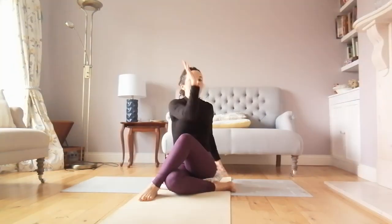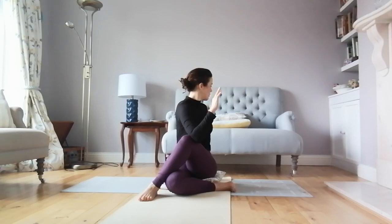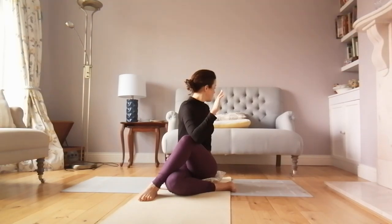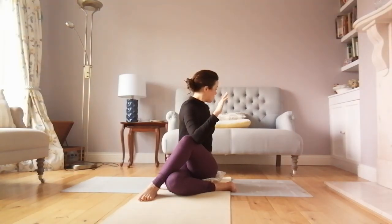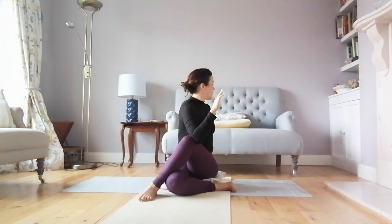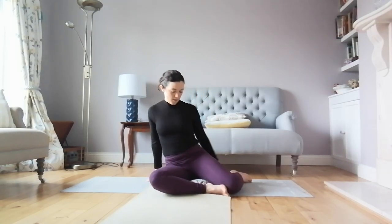Okay, so we're going to begin with our twist this time. Inhale, reach up. Exhale, twist to the left. Inhale, back to center. Exhale, twist. Inhale, back to center. Exhale, twist. Last one, inhale. Exhale. And then back to center, and you're going to bring that left foot